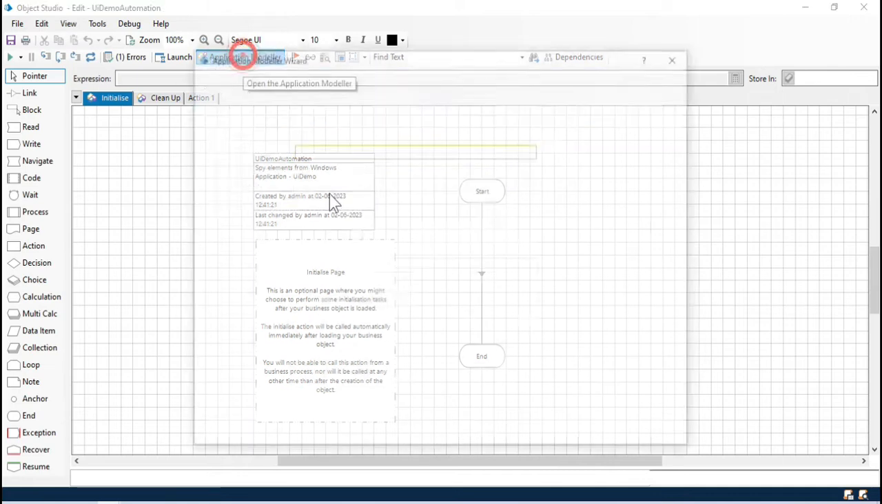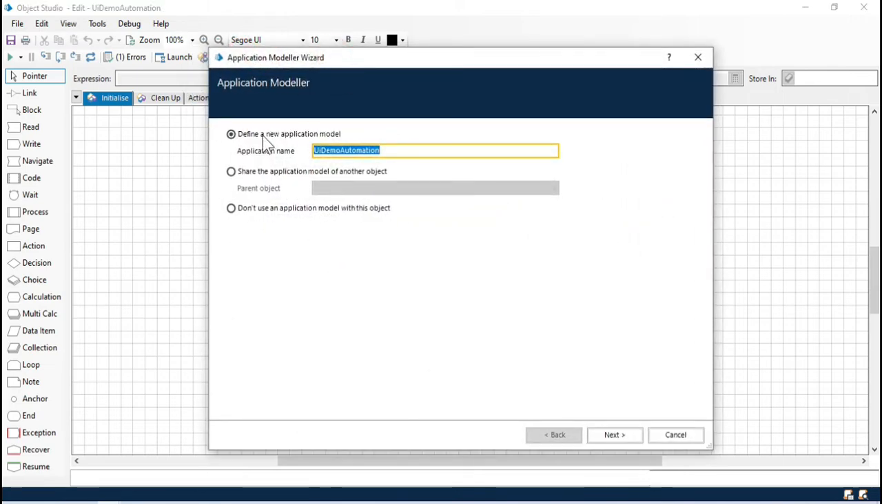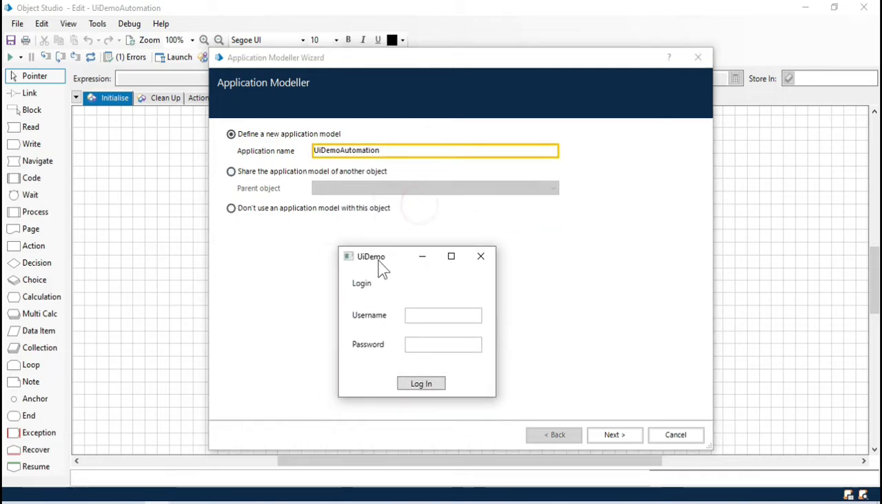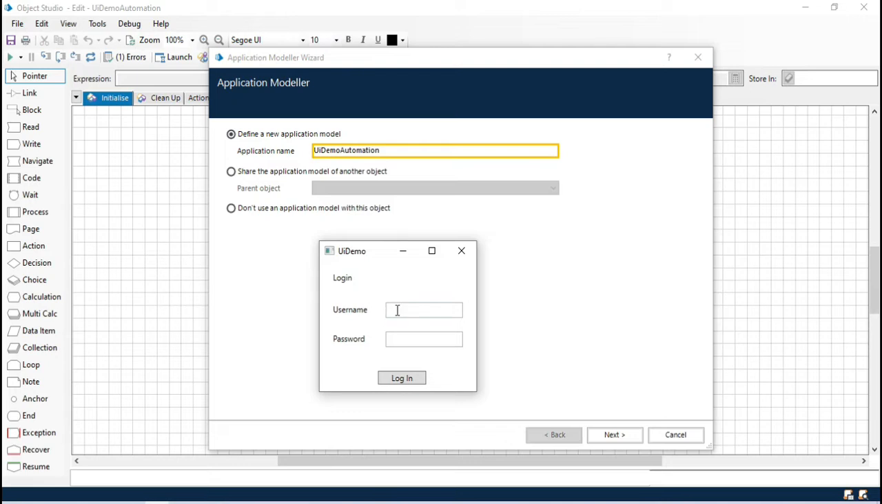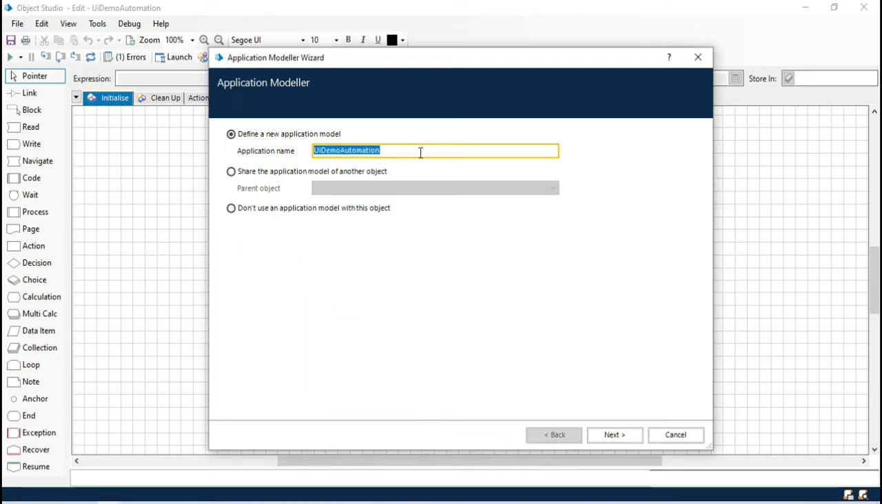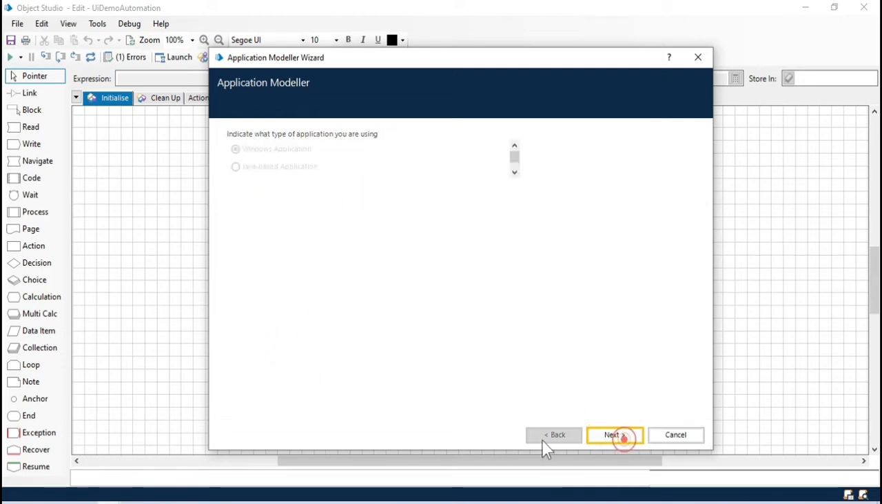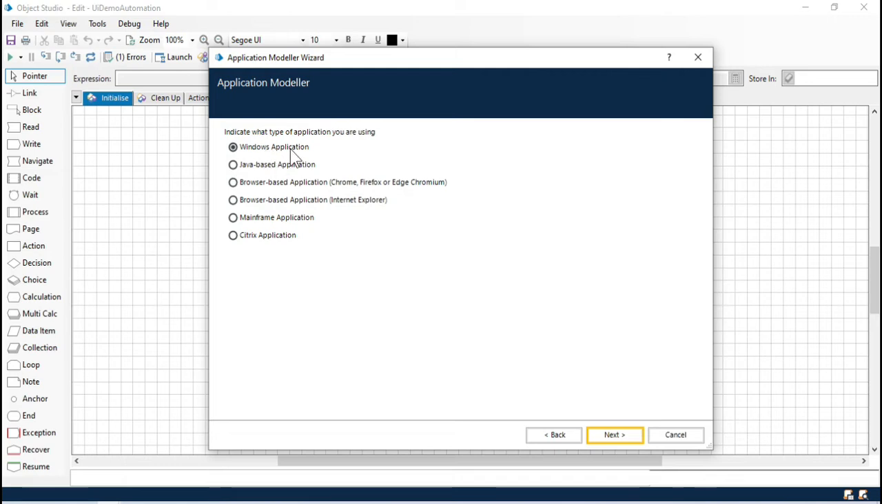Now click on this Application Modeler. We need to define a new application model for this UI demo application. I'm going to show you how to spy the elements, this username element, then the password text box element, and then the button, and capture the details here. So I'm just going with this UI demo automation. Click on Next. This is a Windows application,